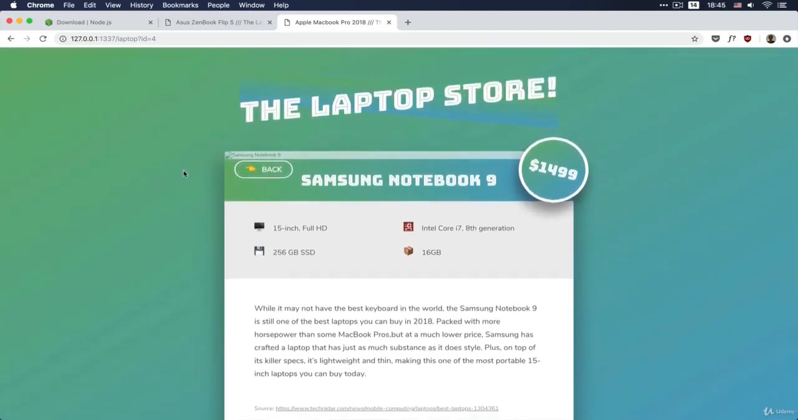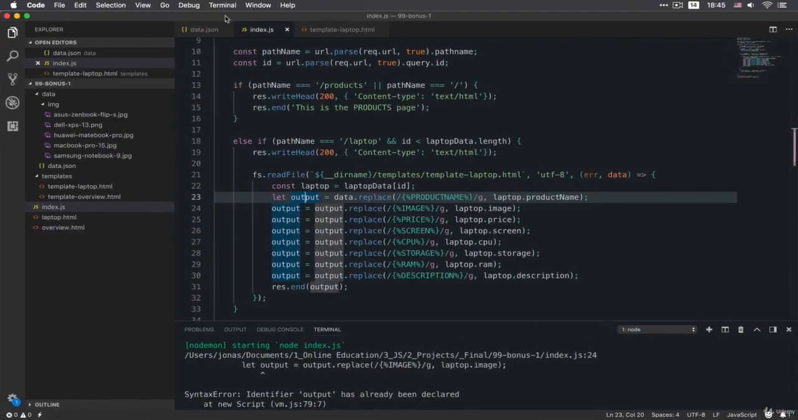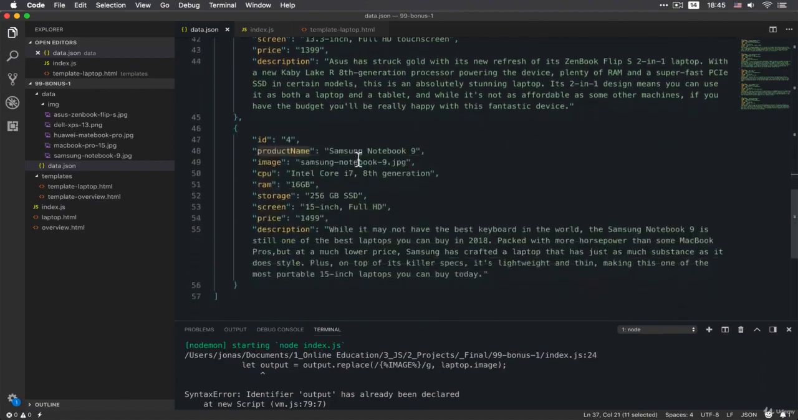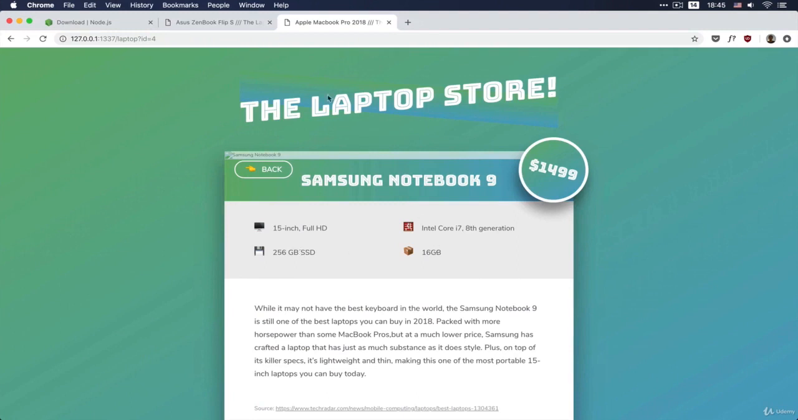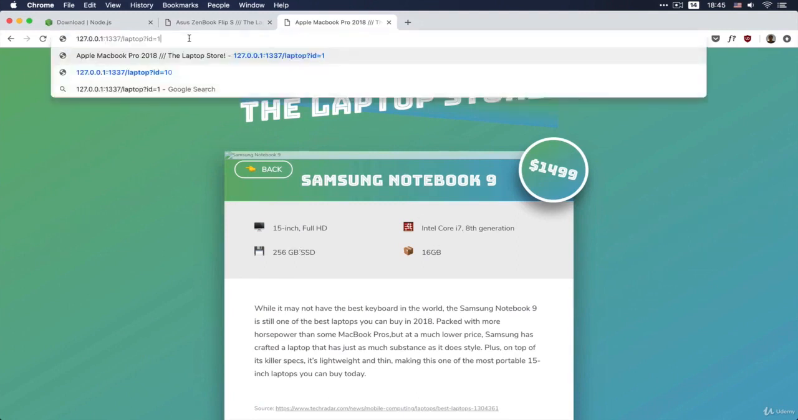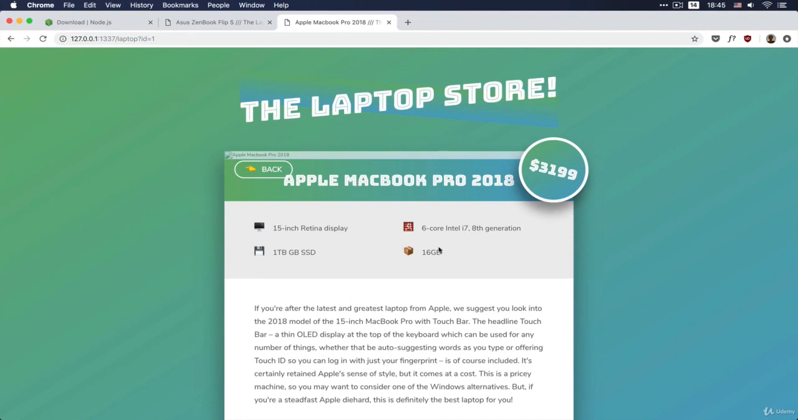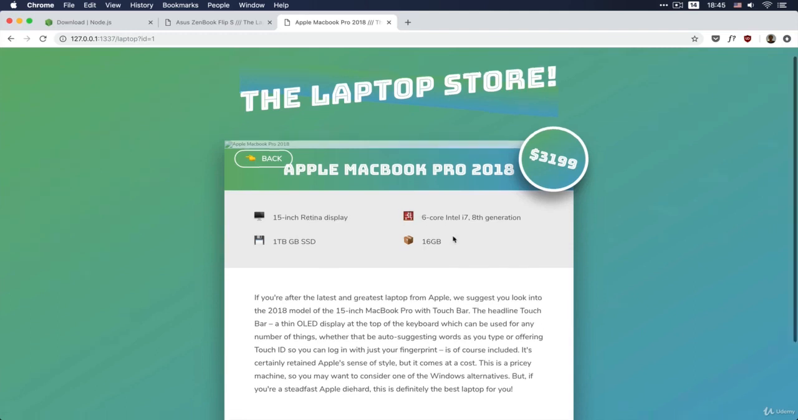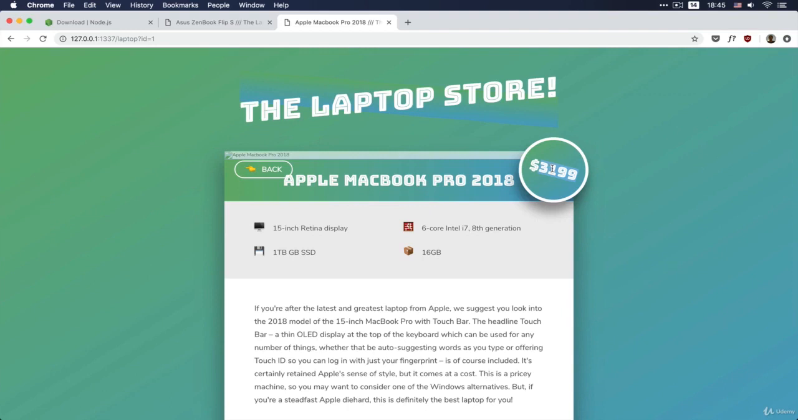So we have our real HTML page here with all the data that is coming from the Samsung Notebook 9, so from number 4. We have the RAM, storage, screen, and you will see everything is the same as we have in our data JSON. That's really great. Number 1 is the Apple MacBook, and now we have 1 terabyte, a 15-inch Retina display, and a 6-core Intel i9. And of course, this huge price. Now, one thing that's missing here is the image, and we're going to fix that a bit later, because that's something a bit particular. For now, I just want to continue with this templating for the other part,